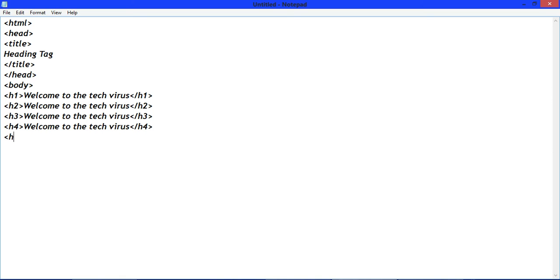Write H5 tag and again close H5 tag. Write H6 tag and close H6 tag. Now close body tag and close HTML tag. Save it.